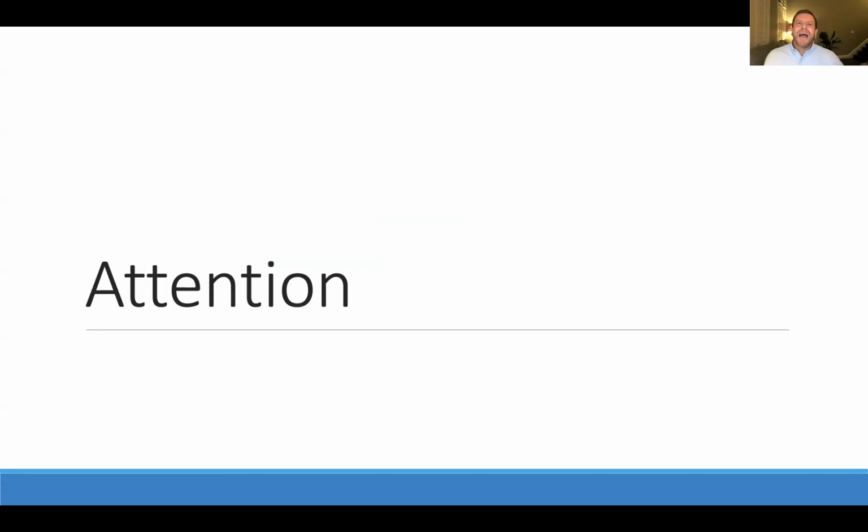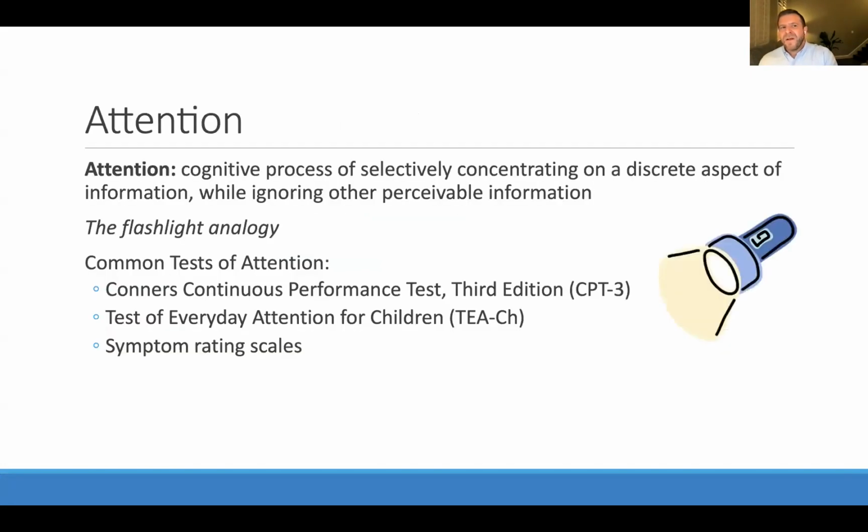So we might be measuring vocabulary, but if a student is making impulsive or careless errors when they're pointing to pictures that match a word, we might not be measuring that as accurately as we'd like. So it's really important that we assess attention and get a degree to which, and the extent to which, it might be impacting performance, right?